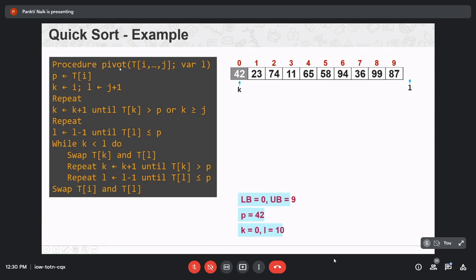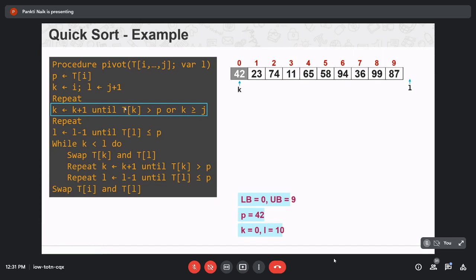So procedure pivot T of i, j, so that is this array, and variable L. So P is equal to T of I. P is for pivot, so the value of pivot will be T of I, that is 42. K is equal to I, so the value of K is 0, and L is equal to J plus 1, so the value of L is 9 plus 1, which is 10.